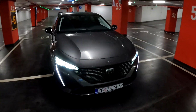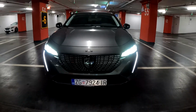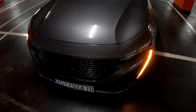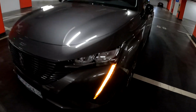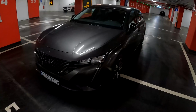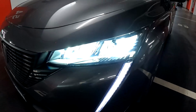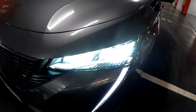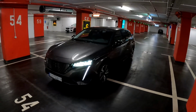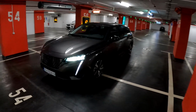So obviously very similar or pretty much the same as the hatchback. We have the new badge as well as the new logo, 308 lettering here. These are actually the base LEDs which you get in the Allure pack that this car has, and then the GT would get you the matrix LEDs. So yeah, I prefer the signature of the matrix LEDs, but I actually think that this package, Allure trim, is